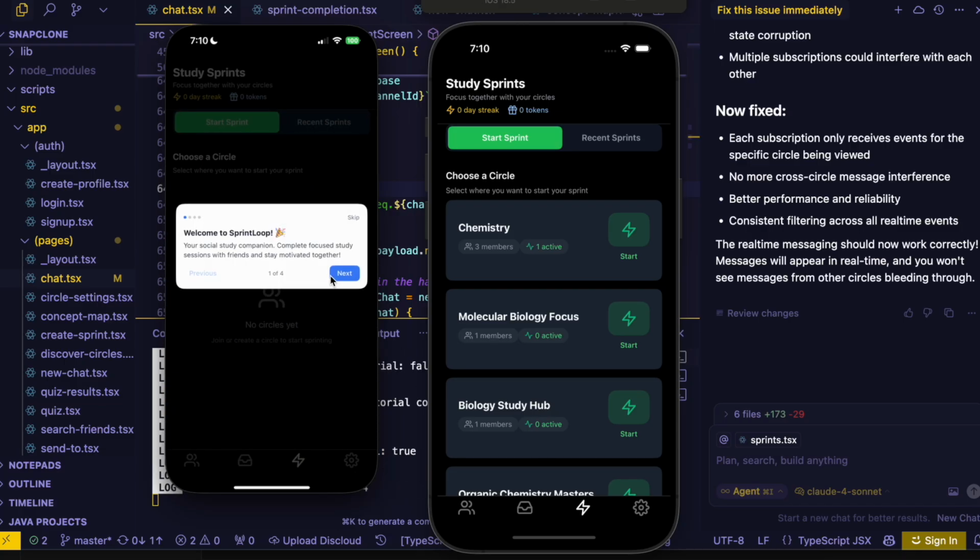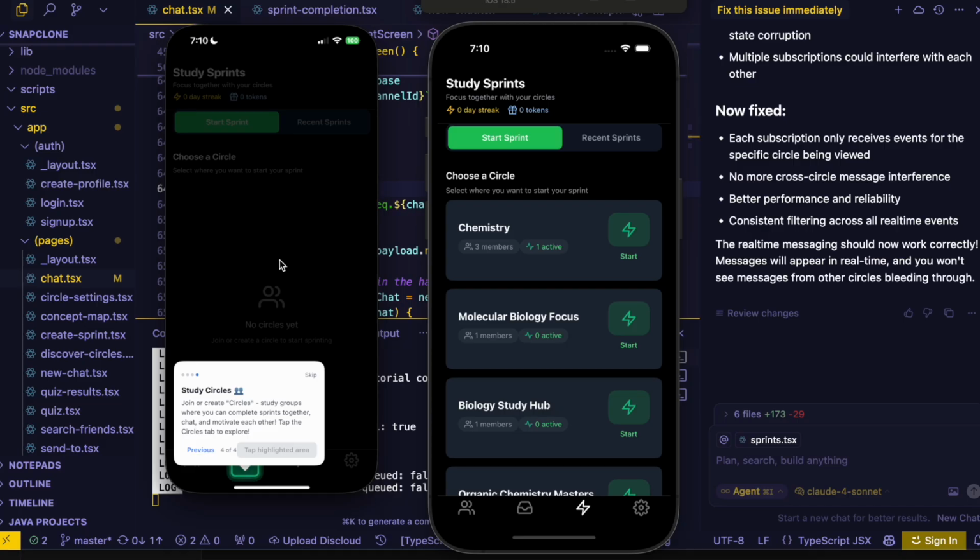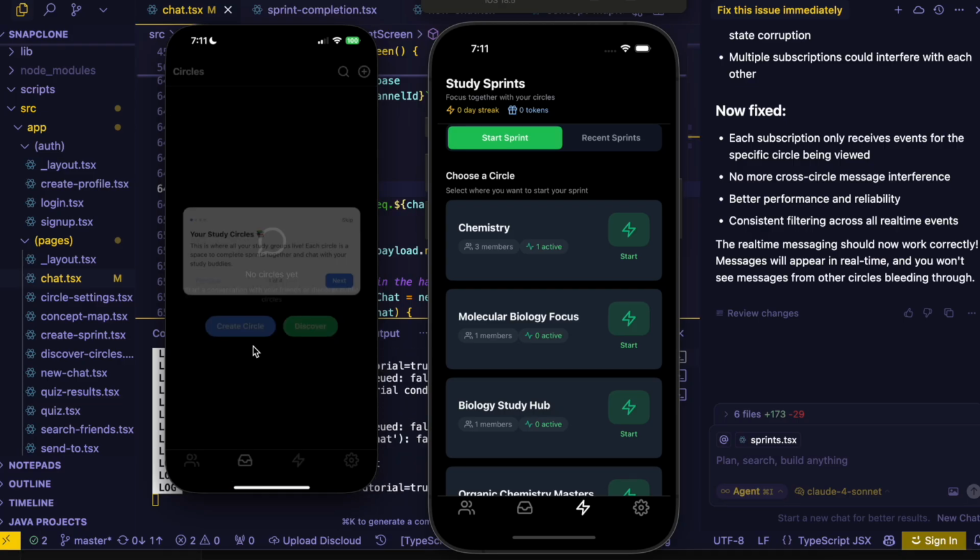Now we're going to go through this little walkthrough that shows the user how to actually use the app. It's like, hey, welcome to SprintLoop. Here's what sprints are. It also points to where it's talking about. Like, here's what streaks are. Here's how you make streaks count, and also how to prevent them from being lost. Then we have a bit of a positioning error, but you click down here and it's like, hey,